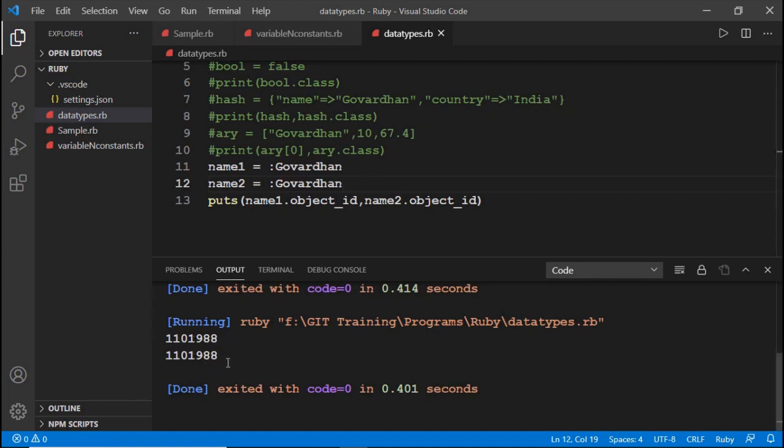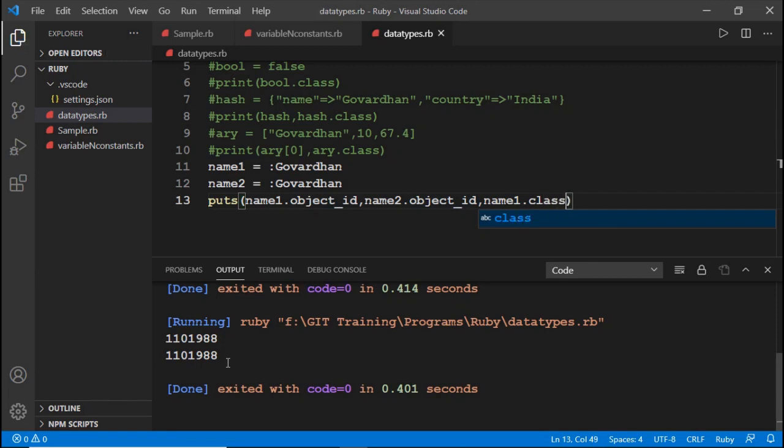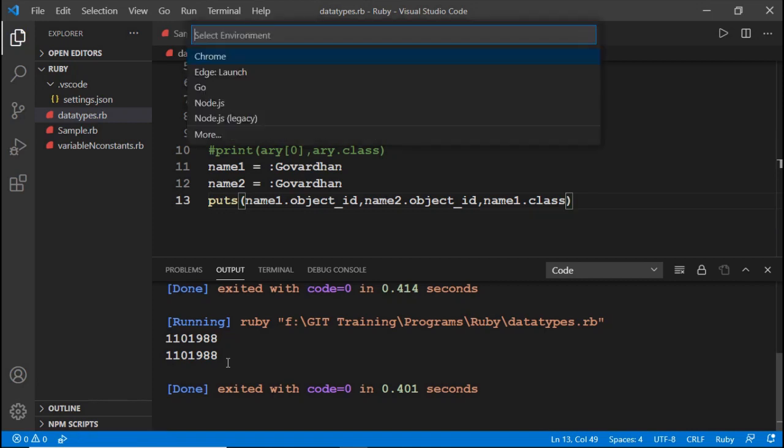Which means for similar values in different variables, the interpreter stores them in the same memory location. Now let us check the class of these variables, say name1 dot class.